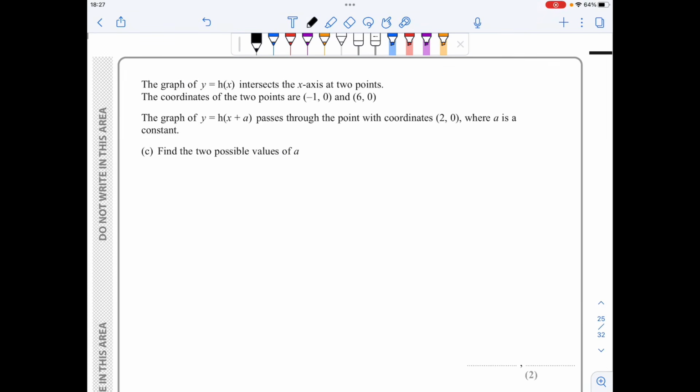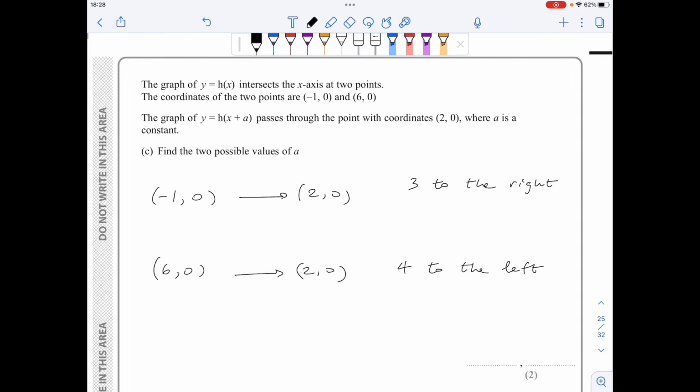In part C, I have a graph that cuts the x-axis at 2 points, minus 1, 0, and 6, 0, and I translate this graph using a horizontal translation of A units, and this is mapped to 2, 0. So either the first one goes to 2, 0, and this is by moving it 3 units to the right, or the second point, 6, 0, translates to 2, 0, in which case it has moved 4 units to the